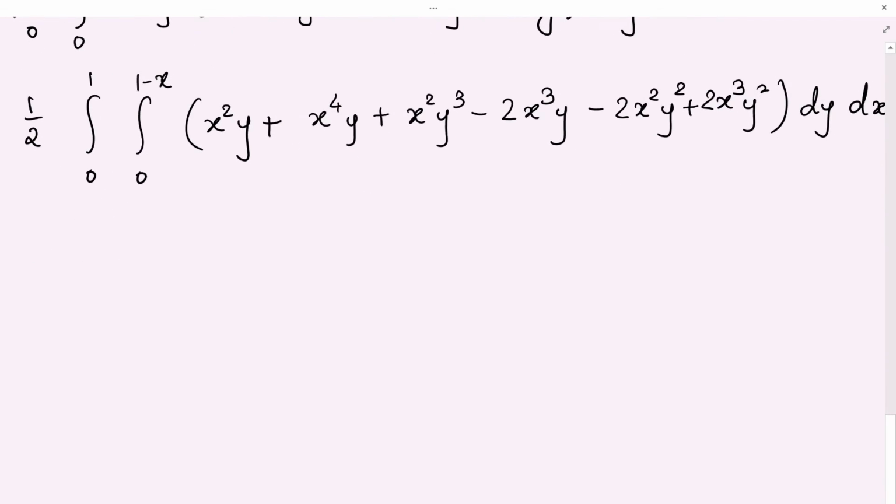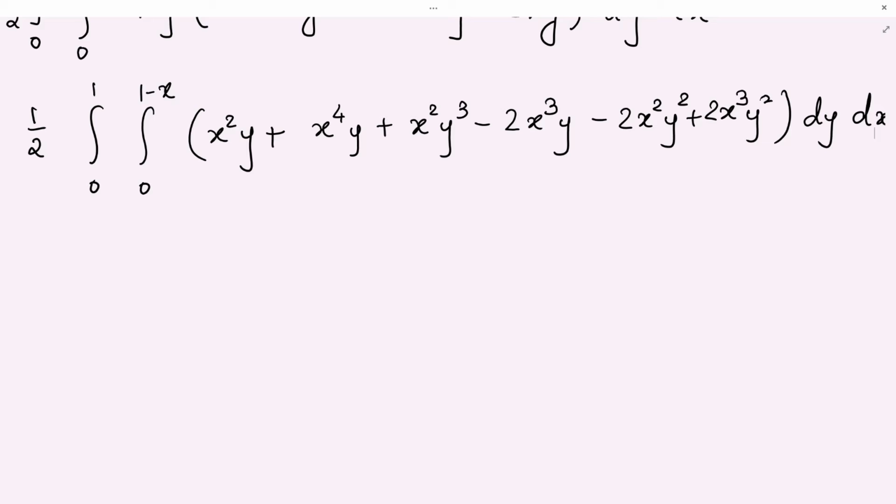So now what you have to do, take y square terms on one side, y cube terms on the other side. First of all, let me integrate this with respect to y. After I integrate with respect to y, you can take this y and this y in one bracket, and y square can be taken in another bracket. So integration becomes easier for you. So let us do that first.